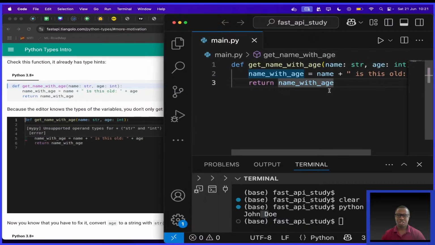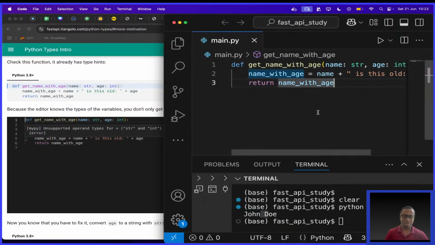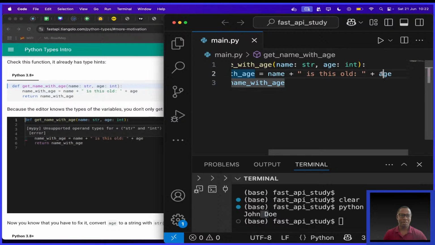But I'm failing to generate this warning here saying unsupported operand types for str and int. Any ideas? Friends, I need help. What could help me? If you look at this, do you see this text in the bracket? It says mypy, which means their editor was configured with mypy, and I don't have that set up here, which is okay. So mypy is like a linting tool, okay? But I like that, of course, AI already told us what was wrong.